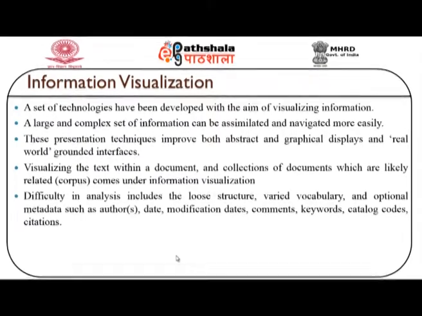A set of technologies has already been developed with the aim of visualizing information. A large and complex set of information can be assimilated and navigated more easily. These presentation techniques try to improve both the abstract and the graphical display and the real-world grounded interface. So visualizing the text within a document and a collection of documents which are likely related comes under this kind